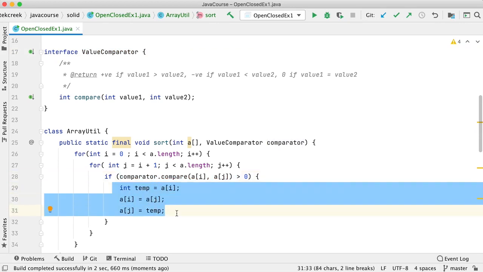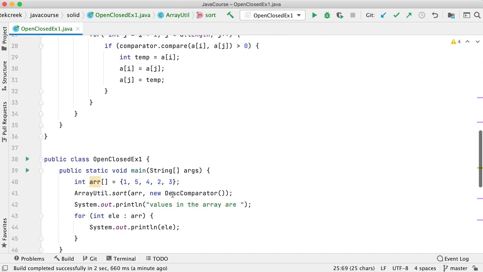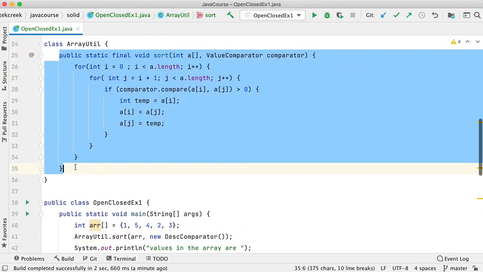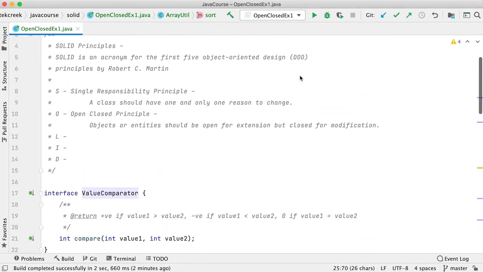Do you remember the template method design pattern that I explained in the previous sections? It's almost like that. Here the only difference is we opened an interface. We took an array and opened an interface. Let the caller decide what sort of comparison they want to do, then give it so that we can simply use their comparator to sort. This is because it is now closed for modification but open for extension. This is called the open closed principle, guys.